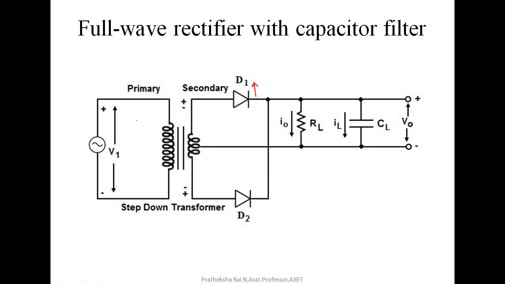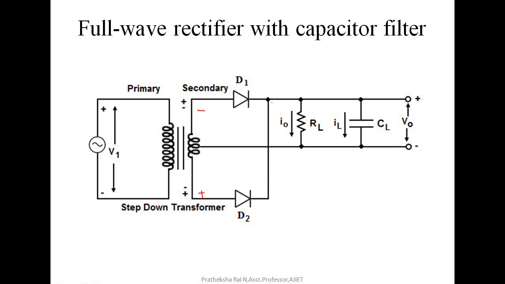So what happens during the negative half cycle? We know that on the input side, first this point will be plus and this point will be minus, because diode D1 is forward biased and D2 is reverse biased. But after the quarter cycle, what happens? This becomes less positive. Less positive means it is going towards the negative side. And here it is becoming positive. That means diode D1 is now getting reverse biased and the output voltage is reducing.